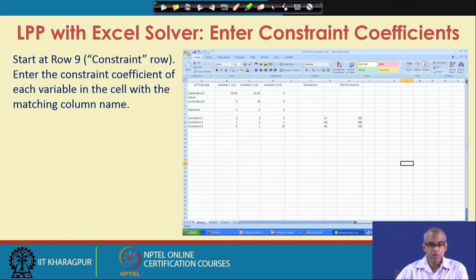So, you have to look under constraint row. Start from row 9, which contains constant 1. Enter the constraint coefficient of each variable in the cell with the matching column. That means, under variable x1, x2 and x3, the column B, C and D.